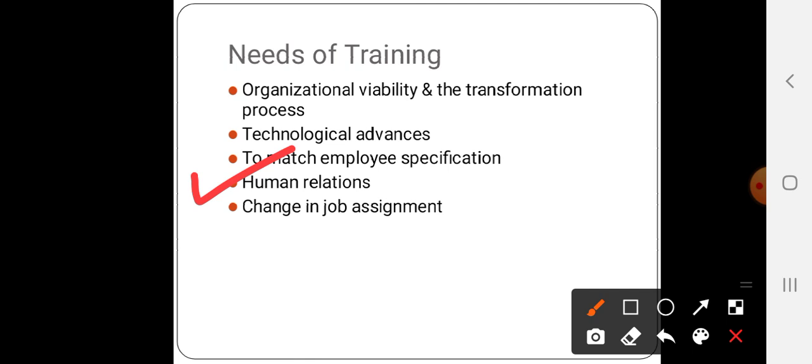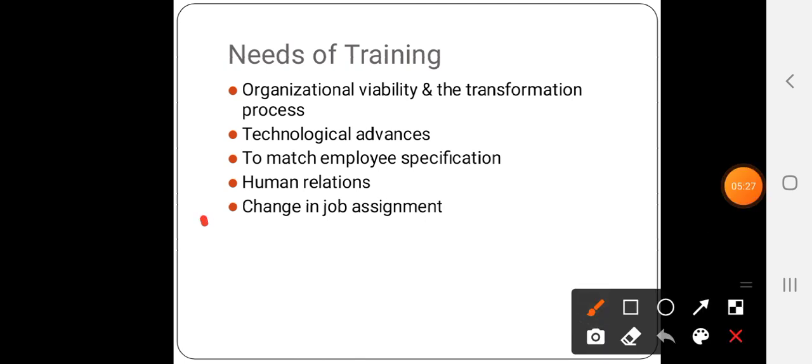So proper training needs to be given to employees on how to behave at the workplace, how to interact with each other, and if there is any issue, how to resolve that issue. So training is a very important part where you'll be notified regarding each and every procedure, each and every technology, each and every rule and regulation that an organization is following. So next is